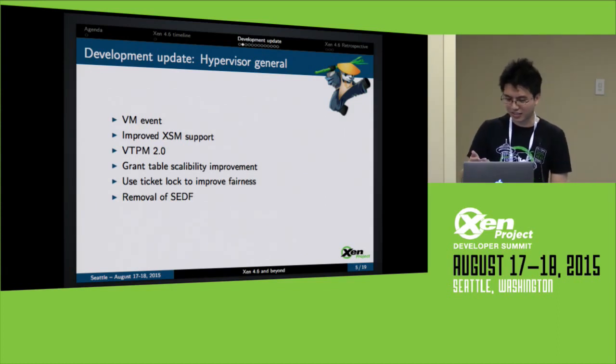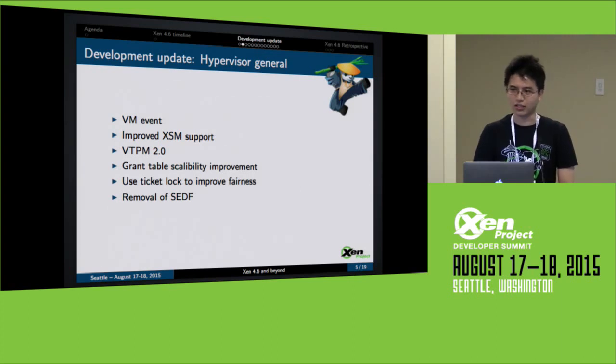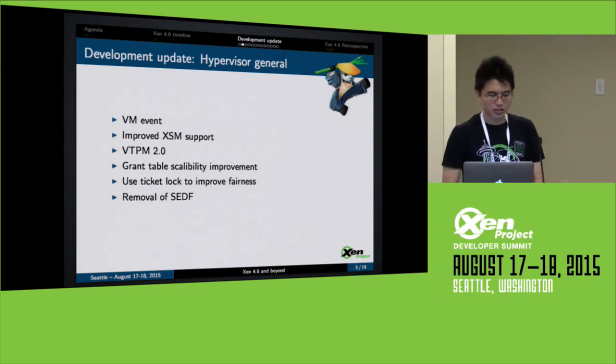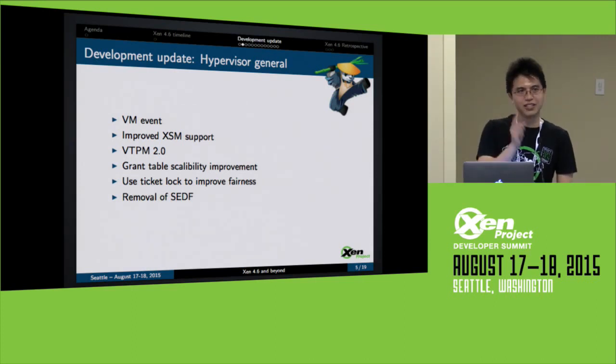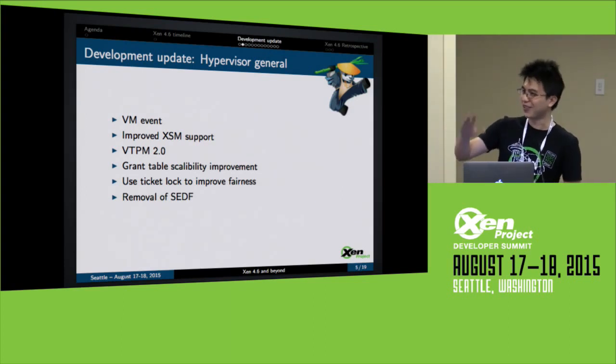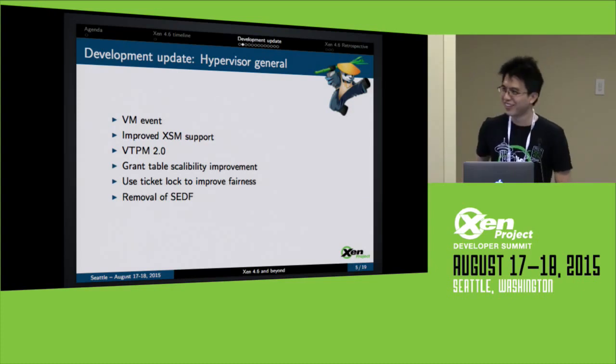These features are not tied to a particular architecture like x86 or ARM. In this release cycle, we have the VM event support, which, if I remember correctly, is about sending out events to user space if you access the memory or something. Oh, Tamas, you are here. So, okay, that's about correct. Okay. So Tamas will talk about it later.